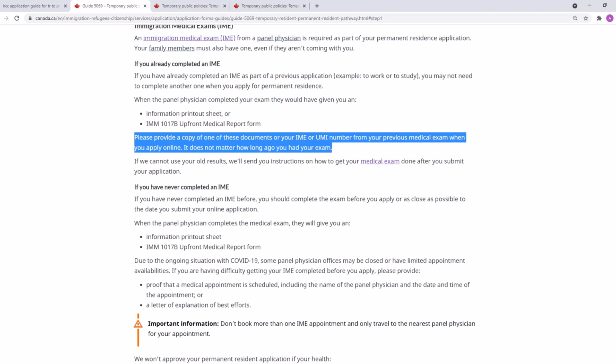It doesn't matter how long ago you had your exam. So if you did your medical exam while you were coming as a student or as a worker, then that medical exam will be fine. You can upload that form. And if IRCC cannot use your old results, then IRCC will send you instructions on how to get your medical exams done after you submit your application.